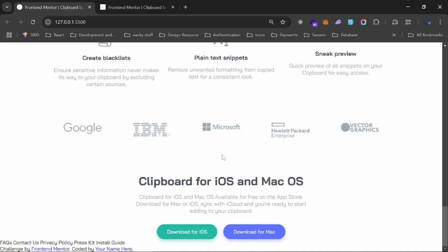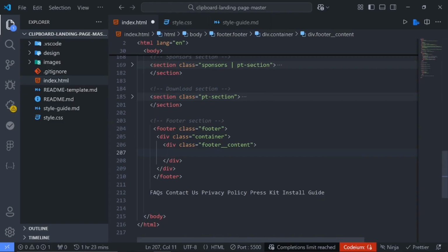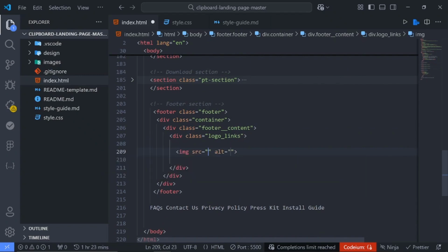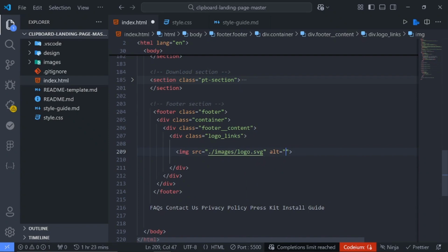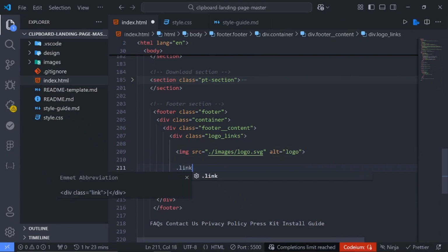So I think this is where I'm pretty bad at naming stuff. So this is the logo. I want to put these links inside a single div, as you can see. So I'll call it logo links. You can call it whatever name you choose to. Then inside this logo links, we'll have the logo. So this is the image and logo SVG. So I'll say logo. I'll also have the links. So put this inside links